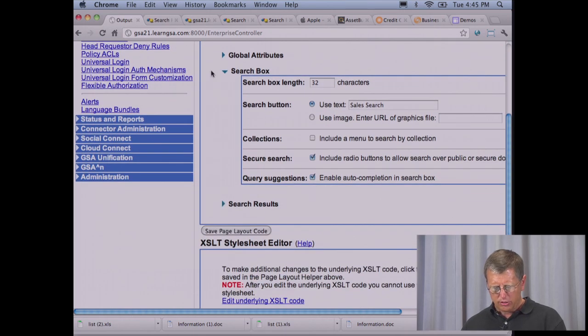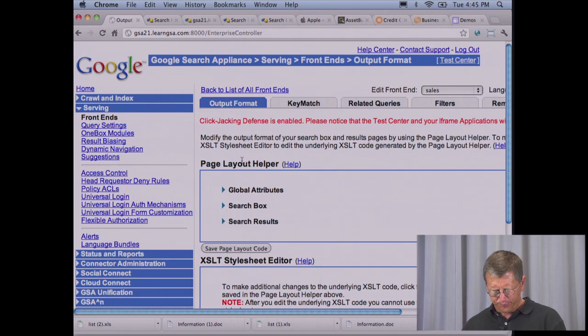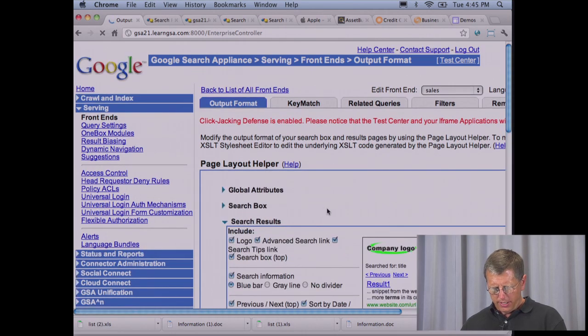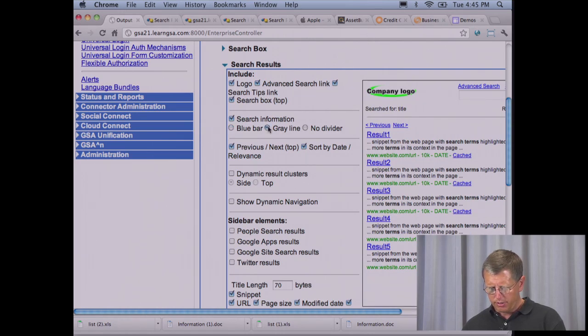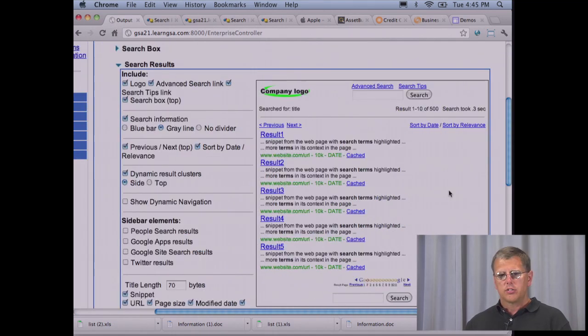Then there's also the search results page. And this focuses in on the search results that get displayed. And you can change this to a gray bar. You could turn on dynamic results clustering. Search terms that the user looks up, like credit card, and then finds text near that in the content of the documents. And if you get over 1,000 results back, we'll display groupings of those based on other keywords that are found around credit card,